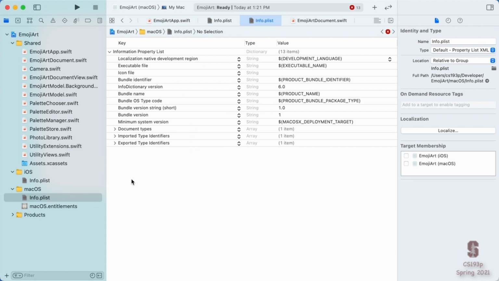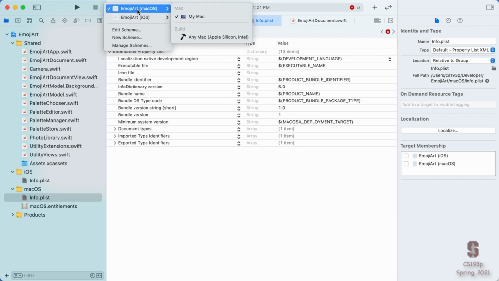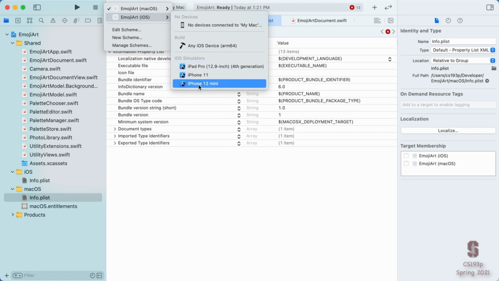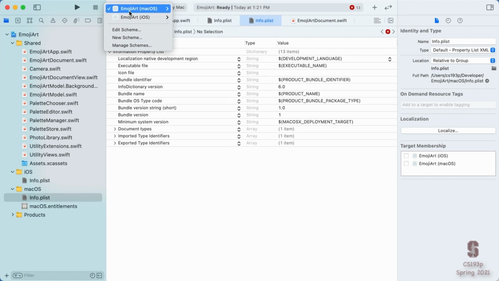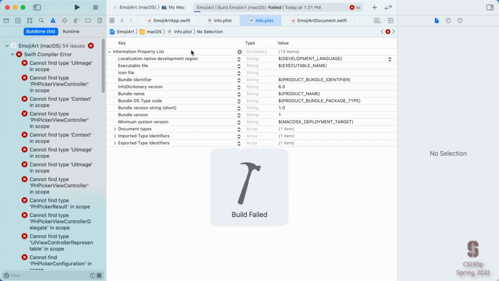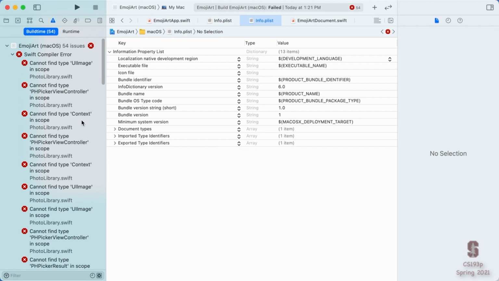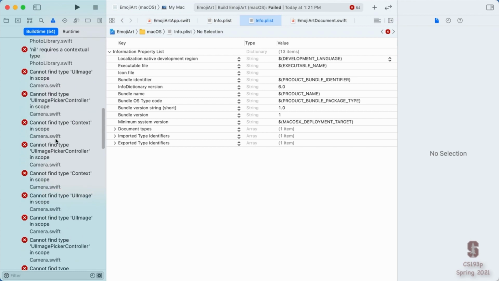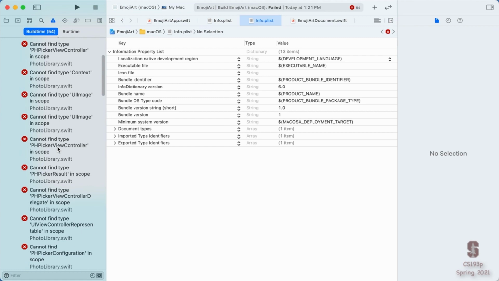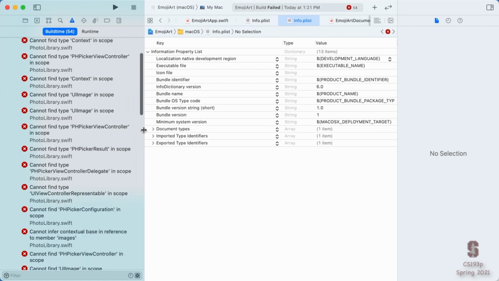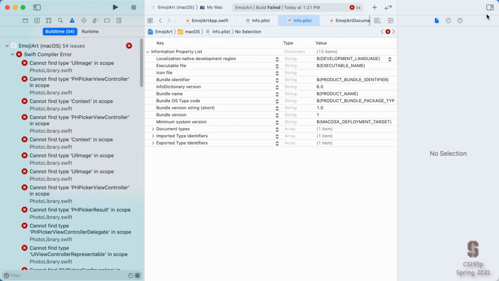Okay, now we've copied our entire app over here. Now it's time to start building for the Mac. Now, building for the Mac is just a matter of going up to the top and just the same place we chose our simulators or our device in iOS, we're going to pick the Mac and try and build for the Mac. Now, of course, when I hit build, we're going to have a lot of problems because we're trying to do a lot of iOS stuff on the Mac. So let's go through these problems kind of one by one that we see over here and fix them. Try to find strategies that we can use to clean up all of these problems over here.